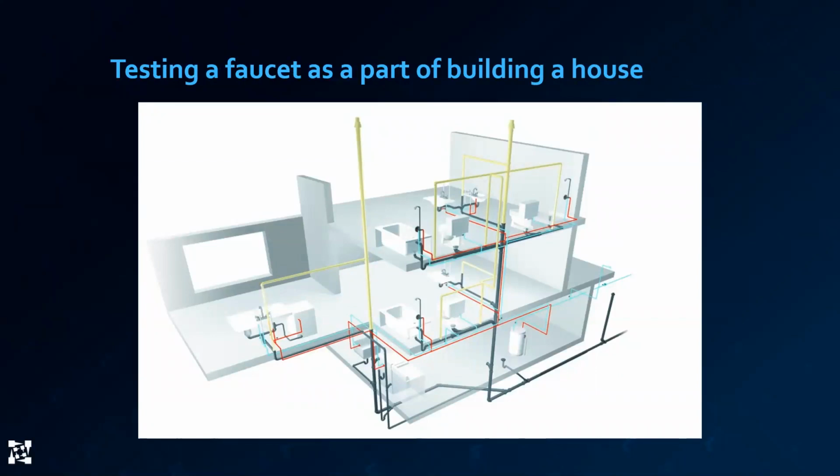But the reality is you don't actually need the entire house to test the faucet. What you really just need is something that can supply water to it so you can validate it. This is really analogous to our applications. When it comes to testing a specific piece of functionality, we don't need to build the entire house. No, we just need to focus on the thing that we want to test, our new application, our new service. So service virtualization allows us to create simulations of all of the back-end necessities, all the different pieces of plumbing that we would require.